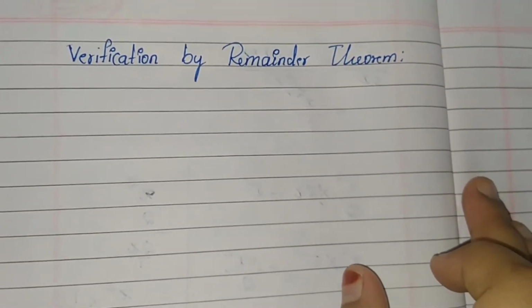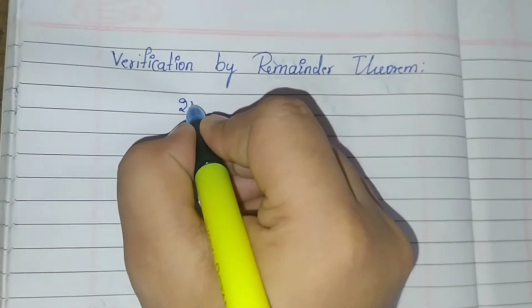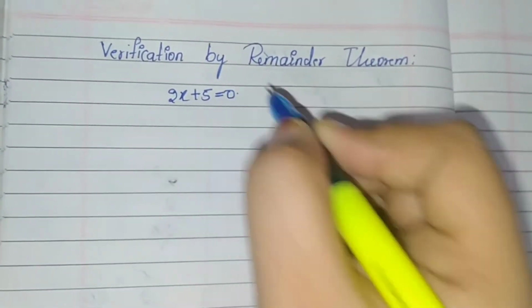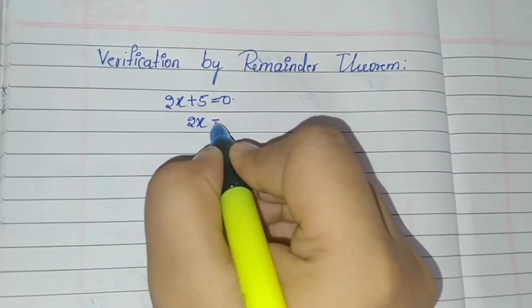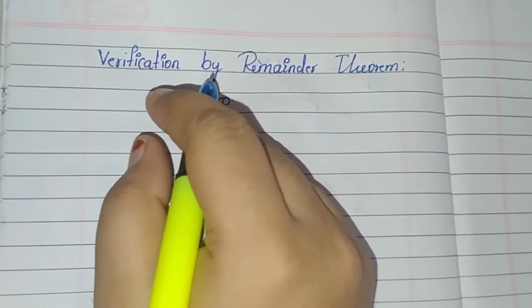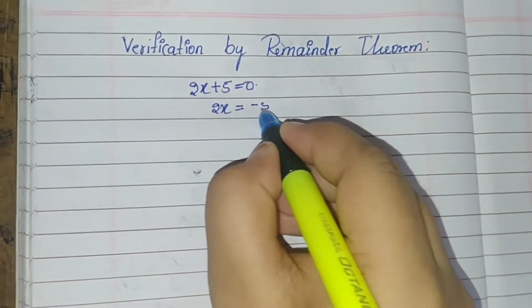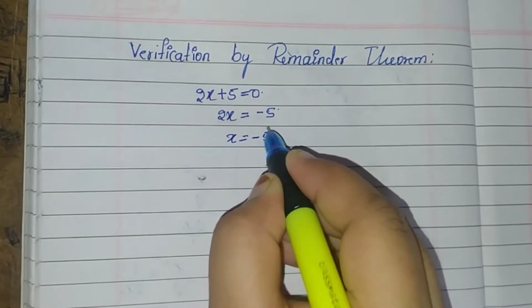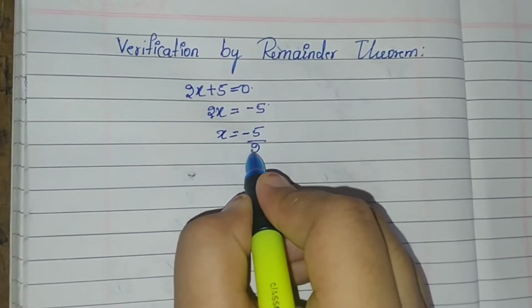So in order to verify by using the remainder theorem, first you have to consider the divisor, that is 2x plus 5, and equate it to 0. Okay. So now what you have to do, 2x will be equal to, here plus 5 is there, right? So it will go here, means what it will become? Minus 5. So x will be equal to minus 5, here into sign is there, multiplication, it will come here, means it will become division.